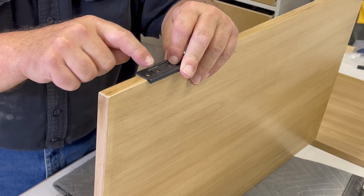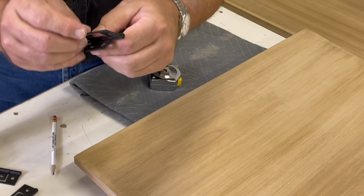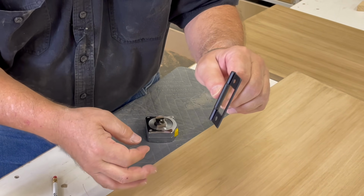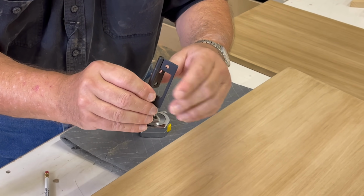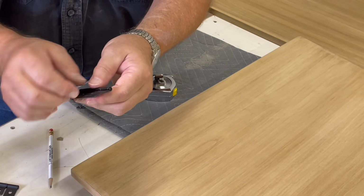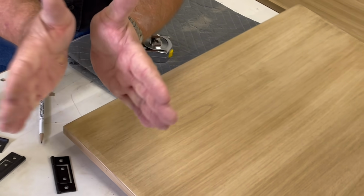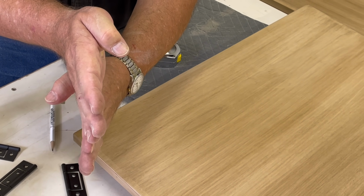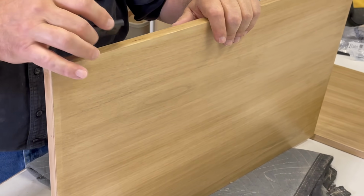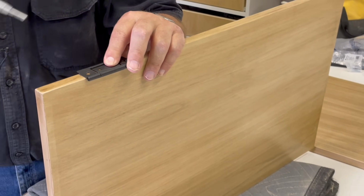We're going to just use the way that a non-mortise hinge works. You have 2 plates. One folds inside of the other. One plate screws to the door. One plate screws to the door jamb, or to the face frame in this case. And then they fold into each other, creating only this thickness so that you don't have to mortise in a hinge. An old typical butterfly hinge would have to be mortised because you had 2 thicknesses of metal coming together. This way you have two thicknesses of metal that fold into each other and create what they call a non-mortise hinge. I really like non-mortise hinges because you don't have to go to all the time and effort of mortising. And so let's take our Vex bit and we'll mark